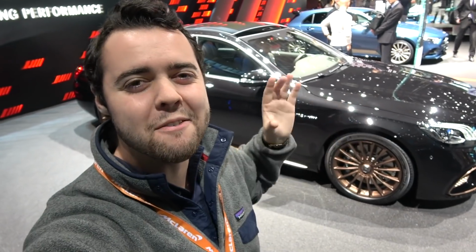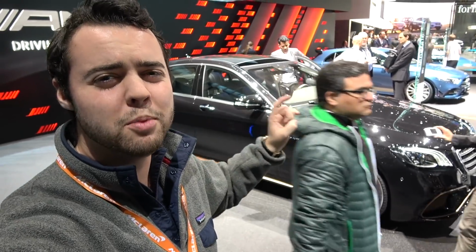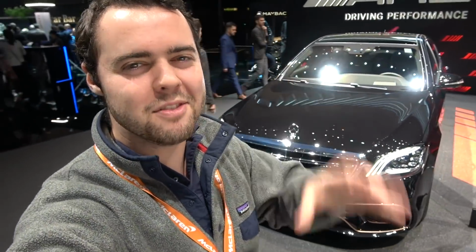A bit of sad news for the S-Class. Behind me is the final edition S65 AMG, meaning it's the last time we will ever see a V12 powering an S-Class. They're only making 130 of these exclusive units in this beautiful black and bronze color scheme, loaded up with every single option, but there's something so special about having a V12 in an S-Class. There's absolutely no point. It's not necessarily any faster than the S63, but that 65 badge, that V12 smoothness,